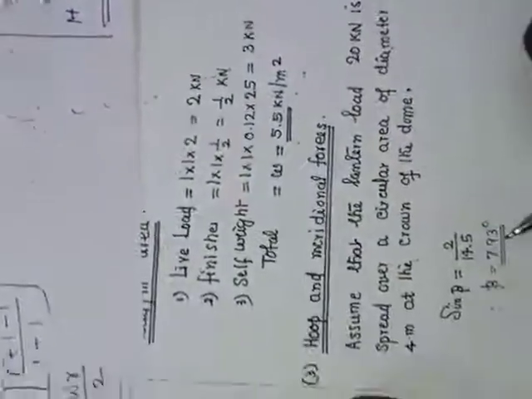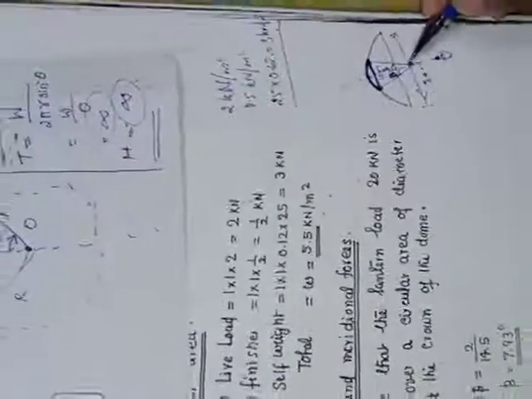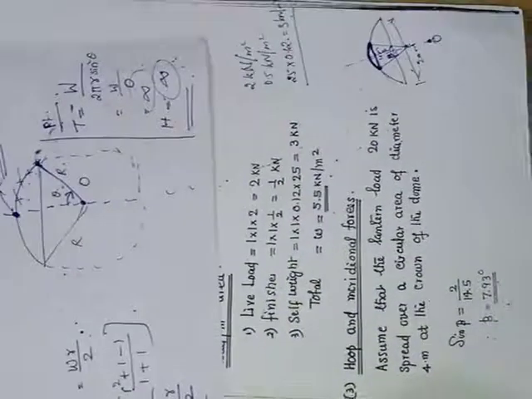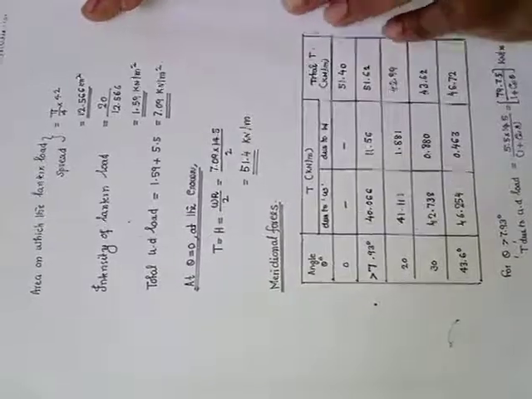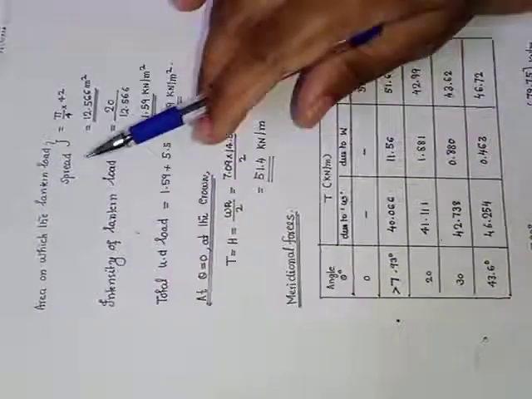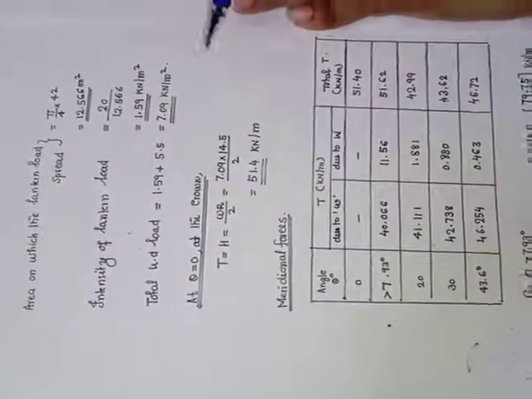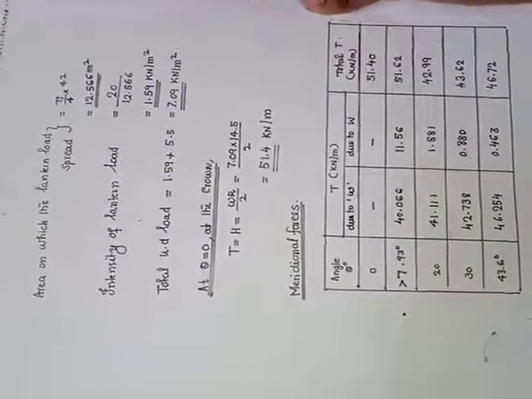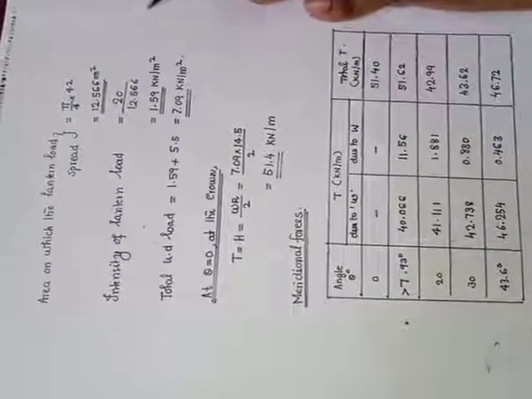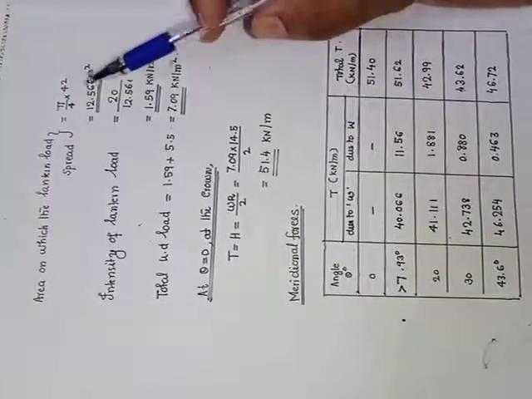So beta, we know that this distance is 2 meters and this is the radius. So from that we can find out sine beta, and beta will be 7.93 degrees. So now we will find out what is the area of this lantern load. So as I told you, since those hoop values were coming infinity, we were spreading this lantern to a certain distance. That is, here we are spreading it to 4 meters. So the area